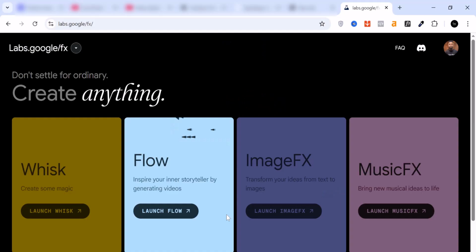So this is a completely free way to animate your images. So you can make your images animate, give them sound, and even allow them talk for free using this free tool from Google. So the first thing you want to do is you want to go to